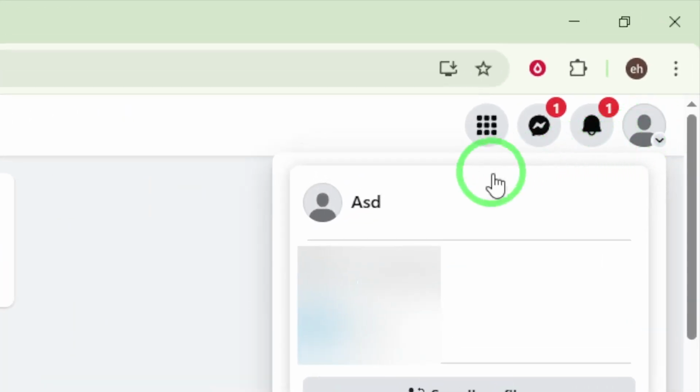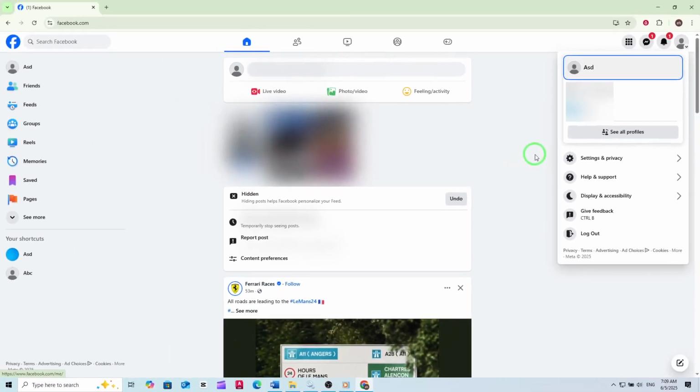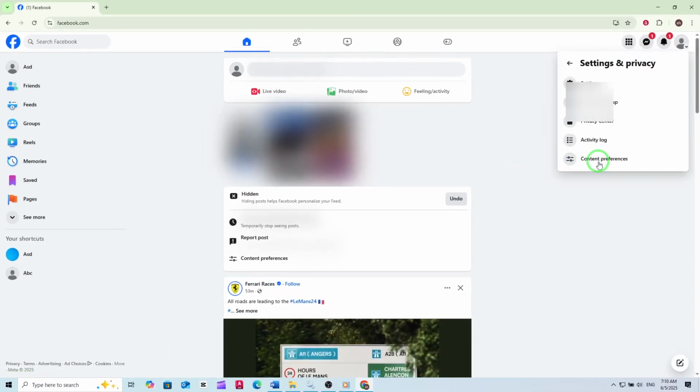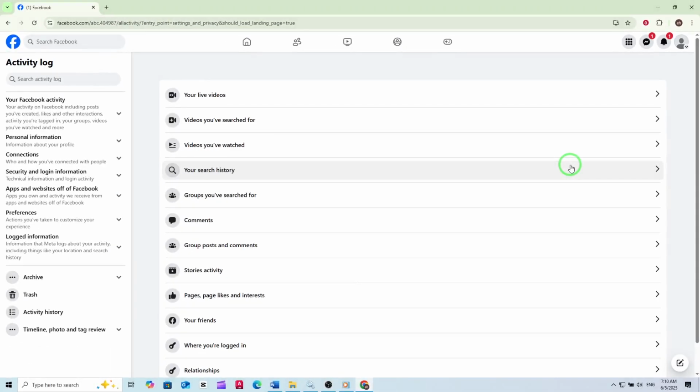After you click your profile photo, a small menu will drop down. In this menu, you'll find several options, but the one we're interested in is called Settings and Privacy. Hover your cursor over this option, and you'll notice another menu appears to the side. From here, select Activity Log. The activity log is where Facebook keeps track of everything you've done on the platform, from posts you've liked to